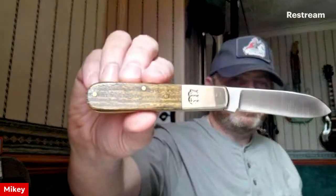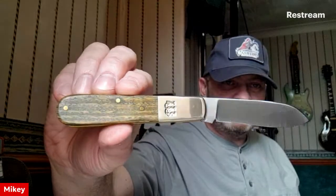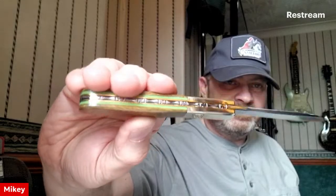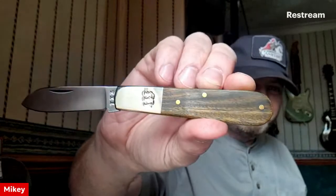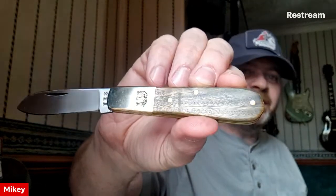Yeah, it looks stunning, that olive wood, doesn't it? It's one of the things I like the most about Arthur Wrights as well, when you go in there and you see where they get their wood from. They don't buy wood blanks. There's banisters, desks, chairs, bowling balls, where they repurpose the wood from. So this is